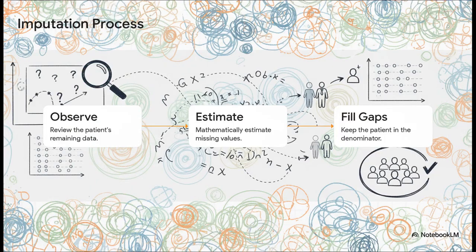Now, you might be wondering, how do we actually run an intention to treat analysis when the data is literally missing? Well, modern trials frequently implement sophisticated imputation techniques. Basically, statistical software looks at the patient's remaining observed data to mathematically estimate what those missing values likely would have been and fills in the gaps. This brilliant mitigation tactic allows researchers to keep the patient in the denominator rather than just deleting them from the